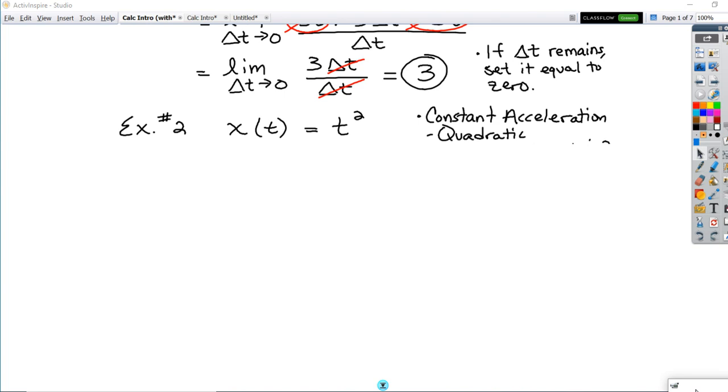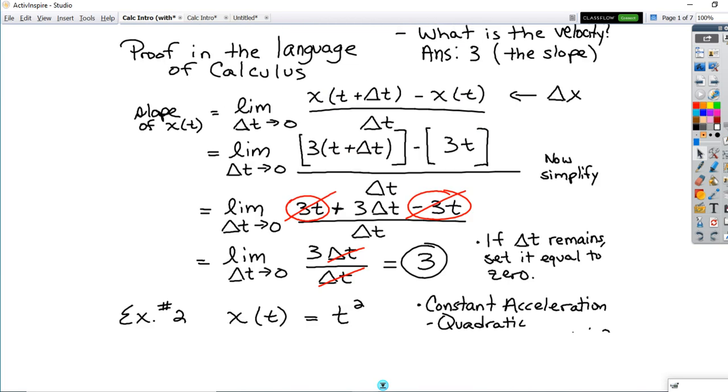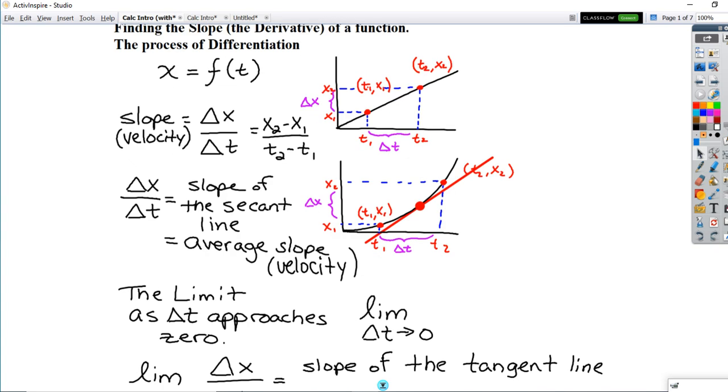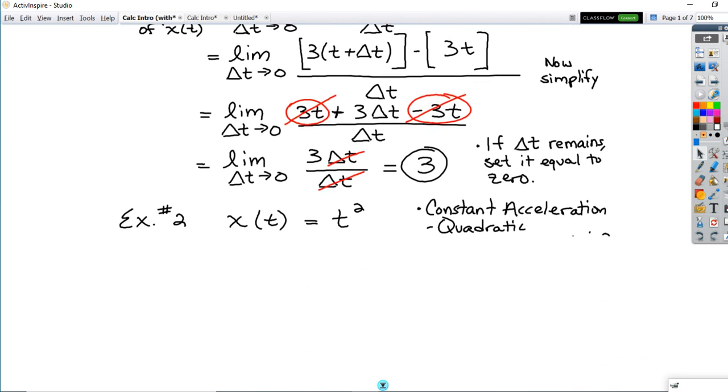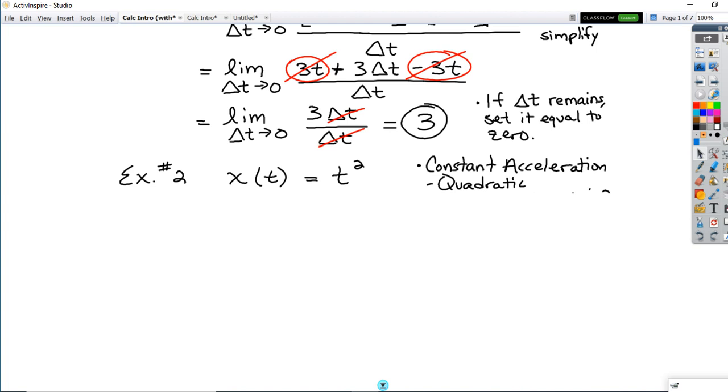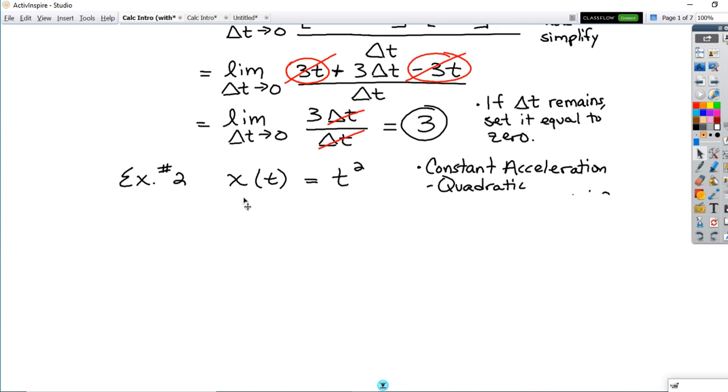Alright, here's example number 2. Just like at the beginning, I gave you a parabola. That could be represented with this formula, for example number 2, where x of t is equal to t squared. It's a quadratic. We know from our experience in first year physics that quadratics that have a t squared term